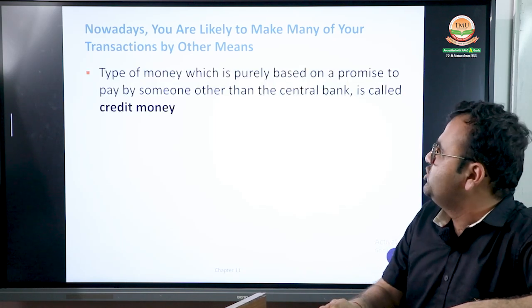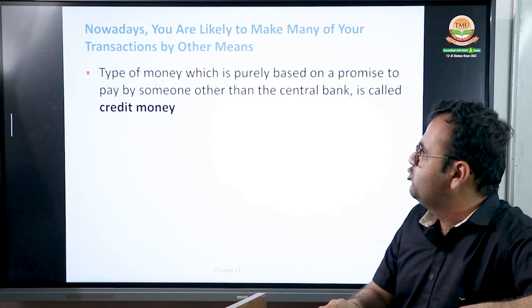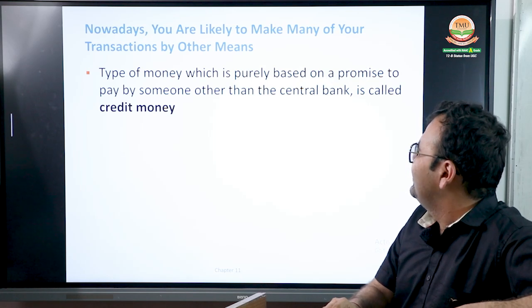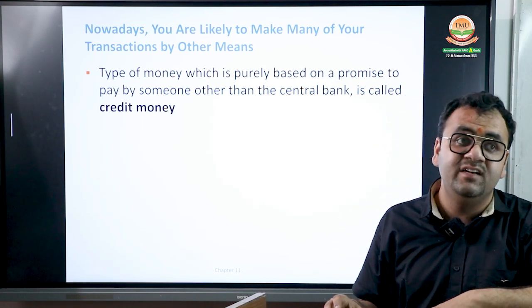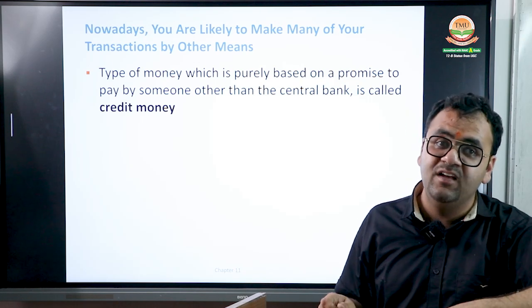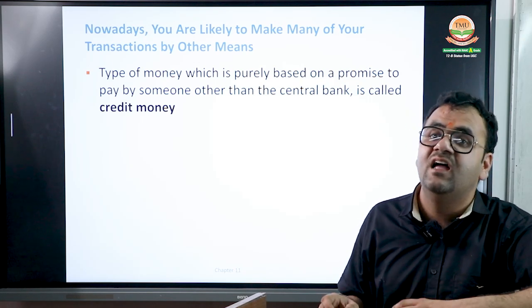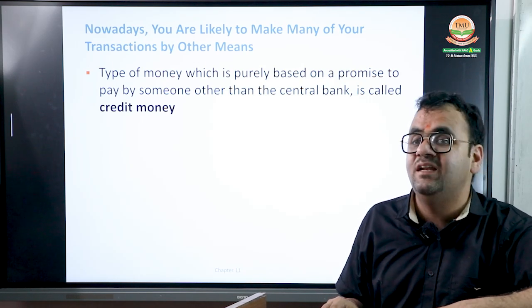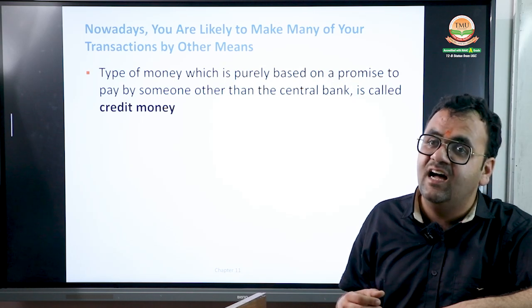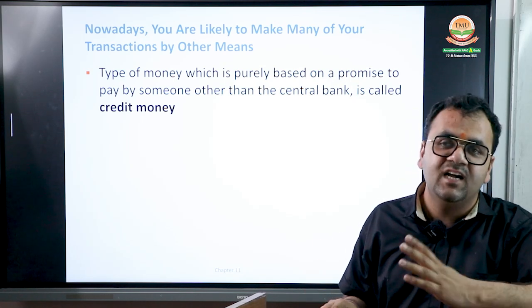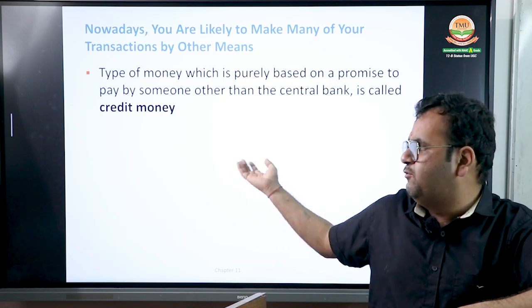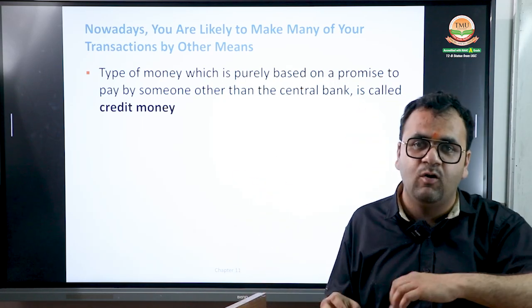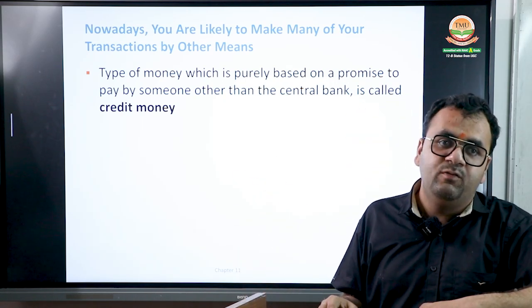A type of money which is purely based on a promise to pay by someone other than the central bank is also called credit money. And I have already said that in India, only the central bank, the RBI, Reserve Bank of India, has the authority to issue money. They alone can decide the CRR of the banking system. CRR here means cash reserve ratio. In a further section we will also discuss the functions of the